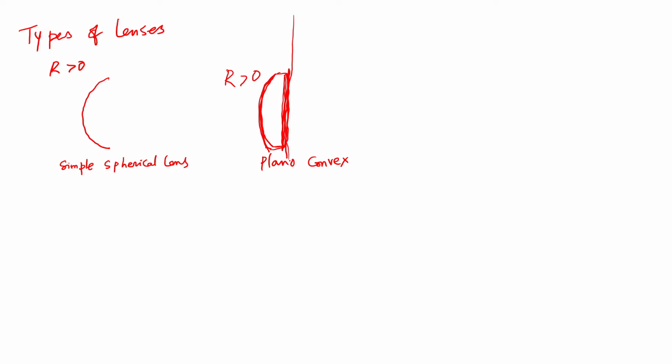So what would be the radius of curvature for a plane? It's infinity, right? So for a plano-convex lens, the radius of curvature is positive on one side, and on the other side you have infinite radius of curvature. Then what we discussed before is a biconvex lens. Right? This is a biconvex,